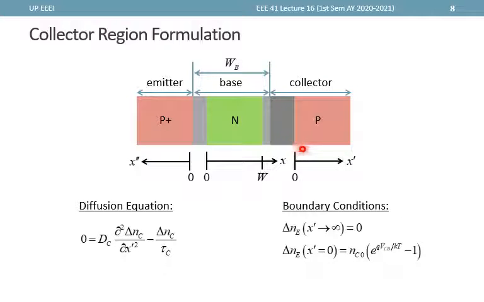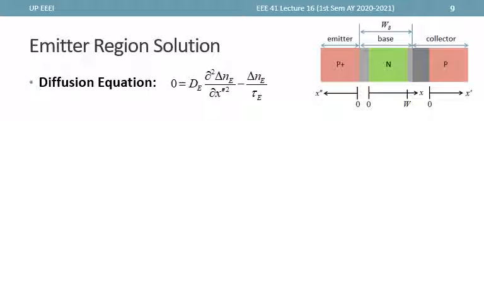For the last, the collector region, we are now writing our equation in terms of x prime and delta NC. The P-type minority carriers are electrons at the collector side. At x prime approaches infinity, the excess is 0. At x prime equal to 0, we use the law of the junction. So we have already set up the MCDE. We now proceed with the solution of the